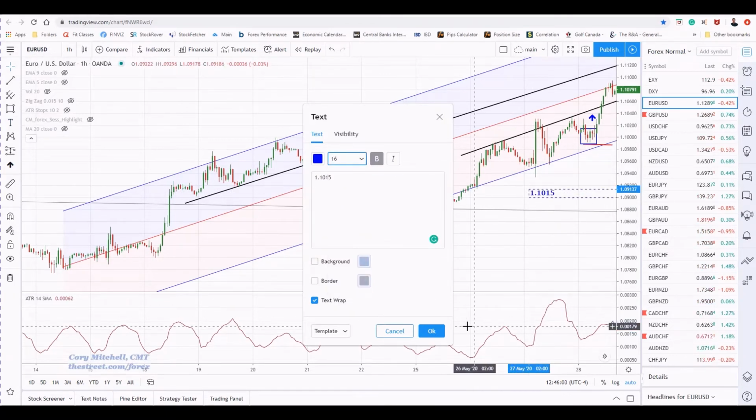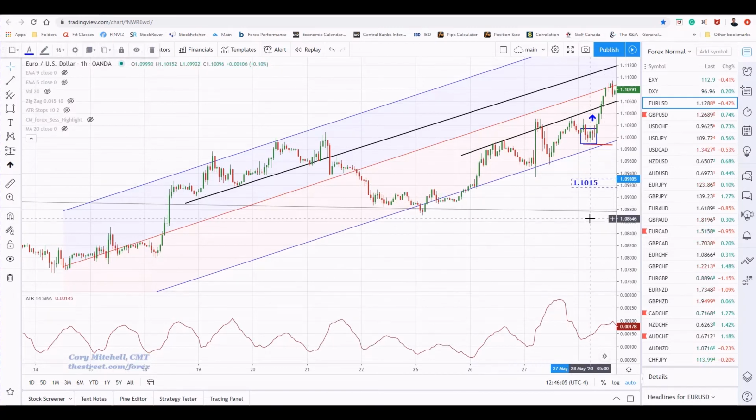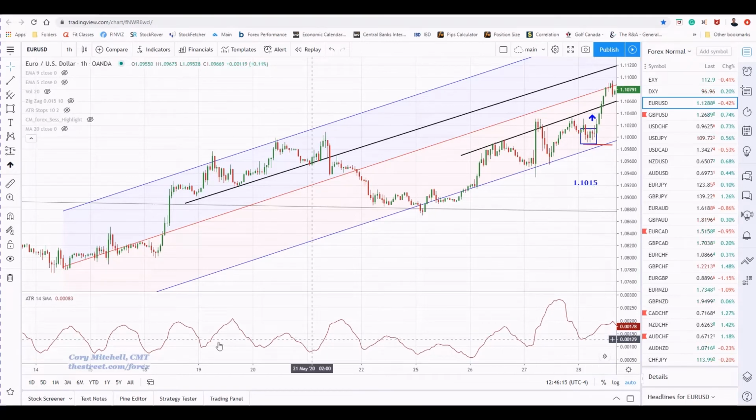So that's where we're going to buy. And when that occurs, or even just before, we can look at our average true range. What is that saying? Right now, the average true range, if you look at this number over here for whatever price bar you're on, this one here,